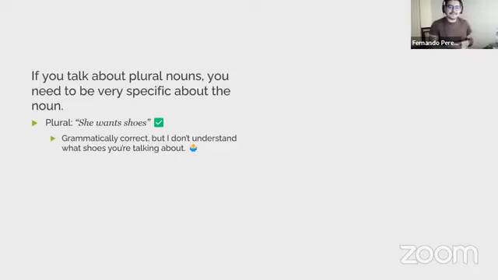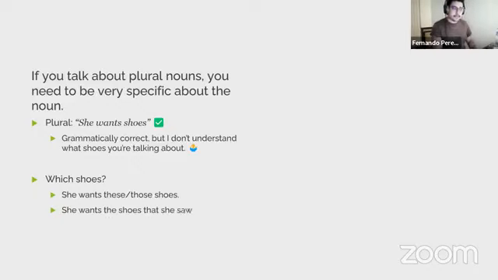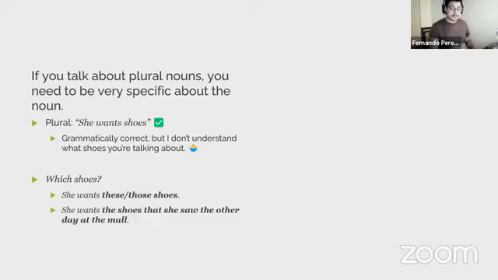Let's imagine you need shoes. Okay? What do you do? It's possible she wants these shoes, that shoes, those shoes. Exactly. She wants these, those shoes. Or more specific, she wants the shoes that she saw the other day at the mall. Ah, now it's a specific shoe. You see? She wants